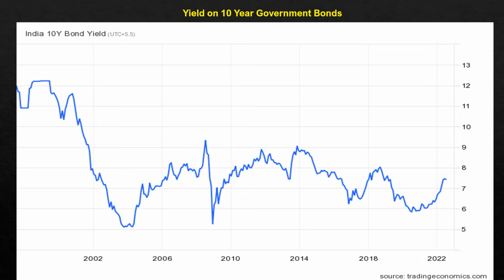It had fallen to 5.75% during the COVID period. Now, when I mentioned the inverse relationship, when the market expectation from government bonds fell to as low as 5.75%, as you can see in early 2020 during the COVID onset,